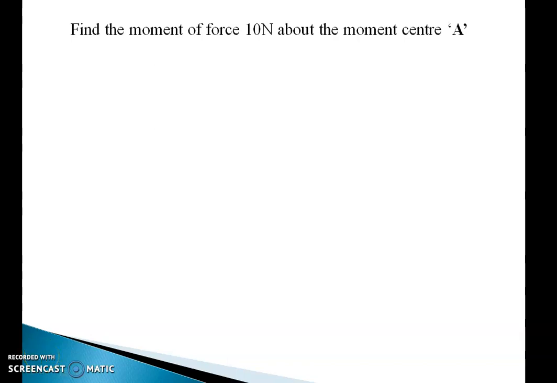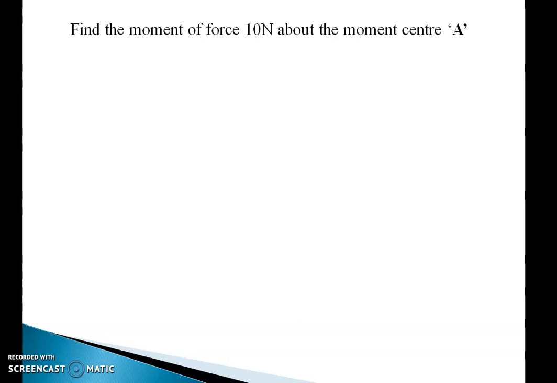Hi everyone. Already we dealt with the concept of moment. Moment is nothing but the rotational or turning effect caused by a force about a particular point. Mathematically, it may also be defined as force into perpendicular distance. We have seen some examples in the previous session, and now we'll solve some numerical problems on